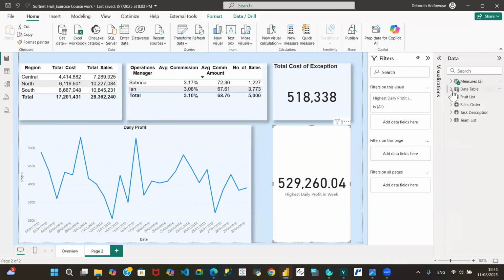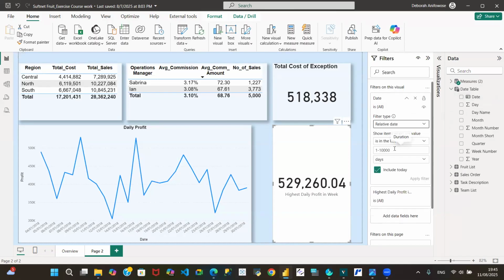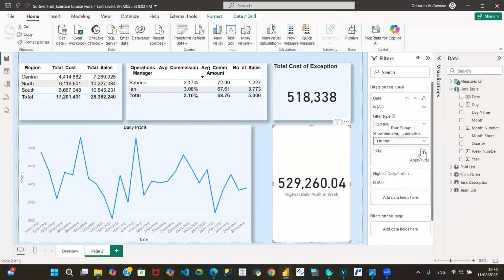Yeah, maybe from the dates table or from your sales order, under filter on this visual. I can say I need it to do relative dates, and I can tell it that I want this to be in this week. You see,